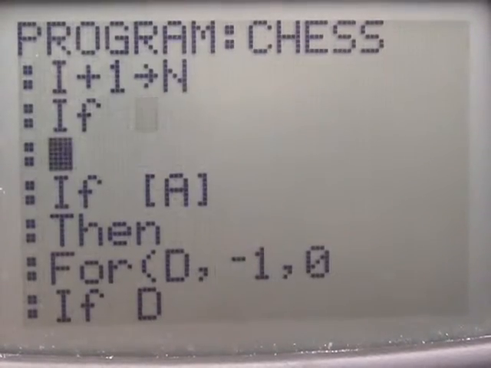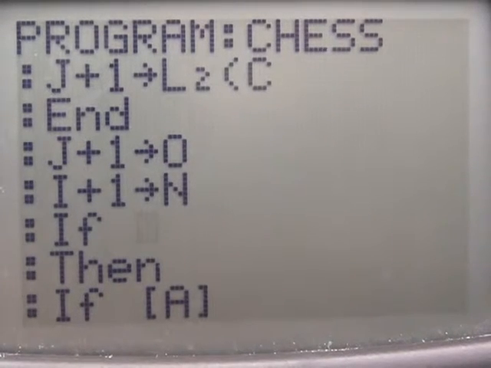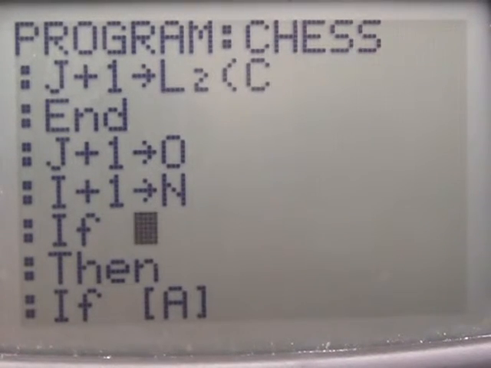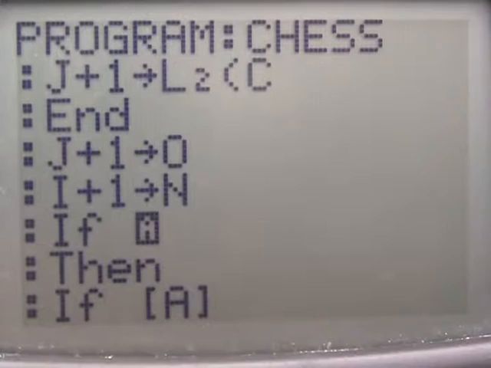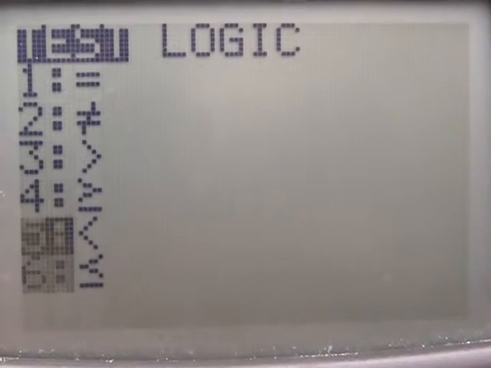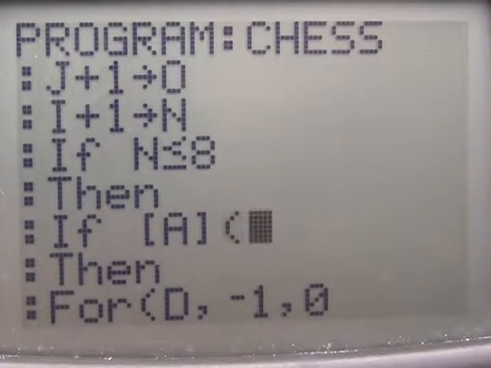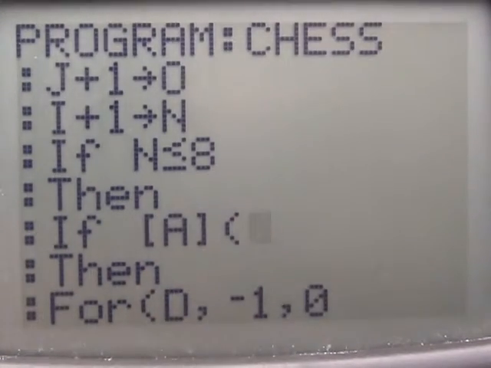Yeah, so it's only going to get in here if j plus 1 is on the map, but I also need to check if n is on the map. So if n, let's see, I'm adding 1 to it. If n is less than or equal to 8, then if matrix A, because we have to check this before we check matrix A, and even though we're checking